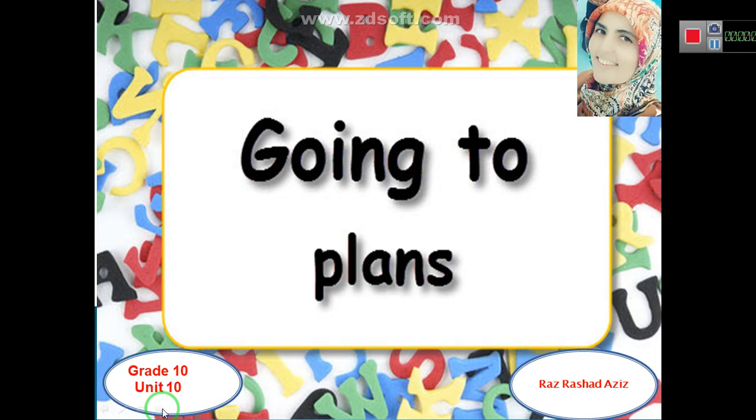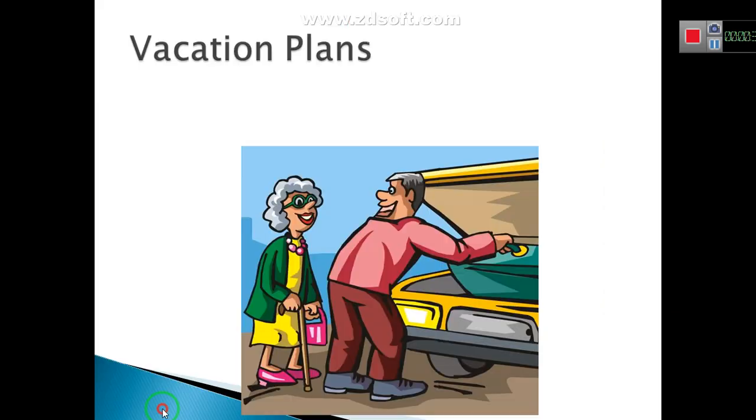Guys, today we are going to talk about one of the grammar topics, which is future tense. We are going to look at the verb and future tense and the form of going to. As you know, in English there are lots of different future tenses, about 4 or 5, and going to is one of them. Let's start.